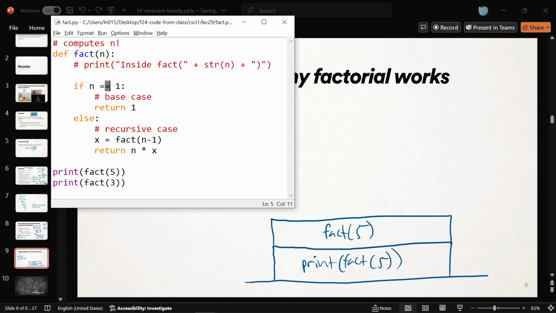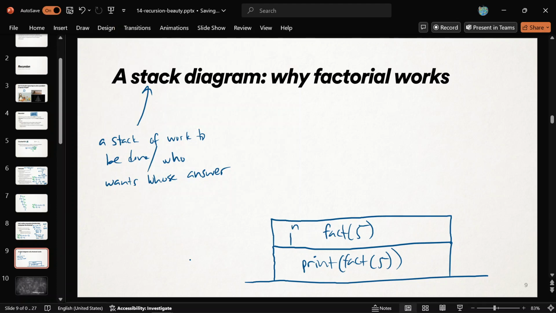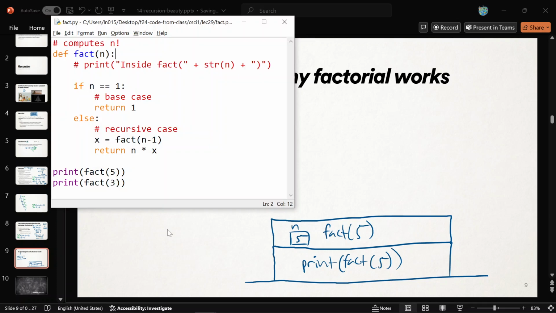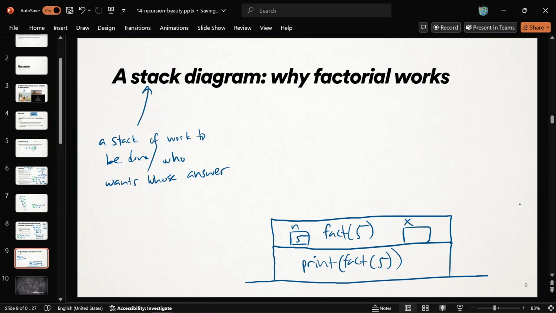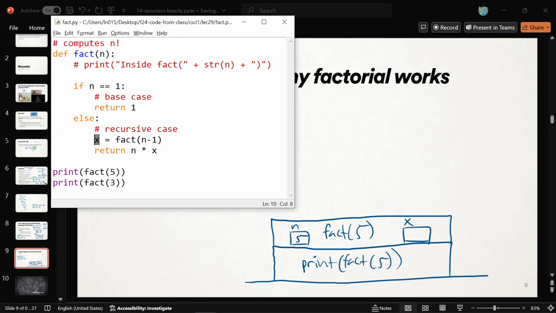And I can also draw the variables involved as well. So, all right, let's try to run fact of 5. n was 5 in this case. You can think of it that way, n right here is 5. And then what other variables does fact of 5 have? Well, we're not in the base case because 5 is not equal to 1. We are in the recursive case. So this is going to try to make an x variable and put in it the result of fact of 4. Does that make sense? It wants to put fact of 4 in this x variable, but that's supposed to be a number, right? We don't know the answer. We have to go and call fact of 4.